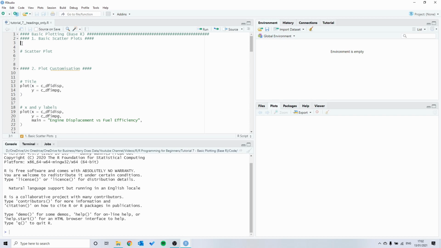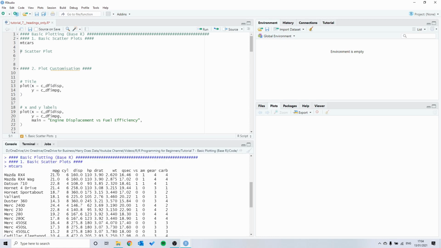So in order to do our plotting, we're going to use one of the built-in R datasets that we looked at last time. And the one we're going to be using is the mtcars dataset. So let's just have a look at that to start with by running mtcars. So this is essentially a data frame with lots of different cars within it, and then a few different data points for those cars. So the ones we're going to be interested in today are the fuel efficiency, the number of cylinders, the displacement of the car's engine, the horsepower of the car, possibly this one, which is the time to do a quarter mile in seconds, and